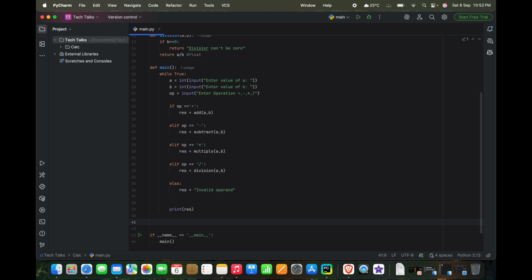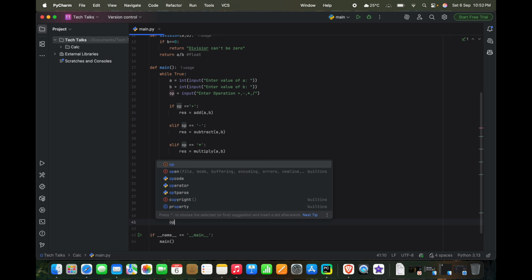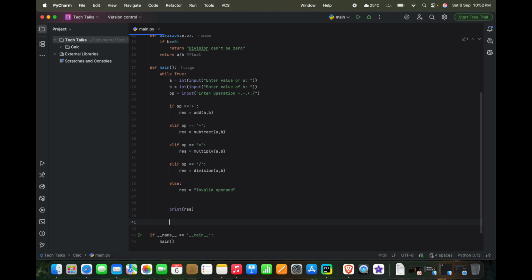Ask the user whether we want to proceed next or not. So we can go with this. Want to calculate another number,